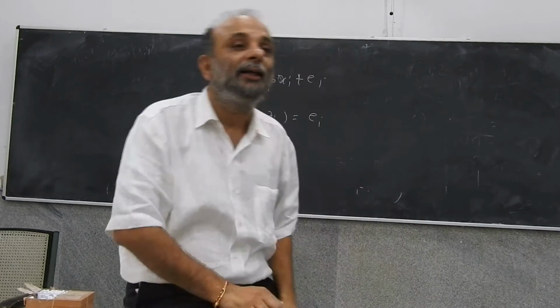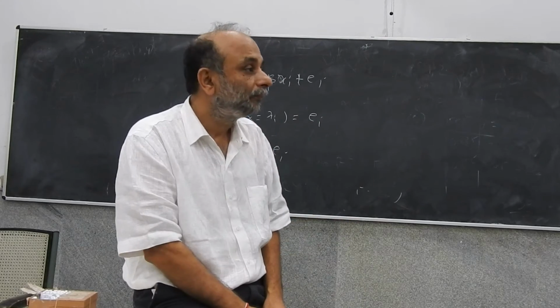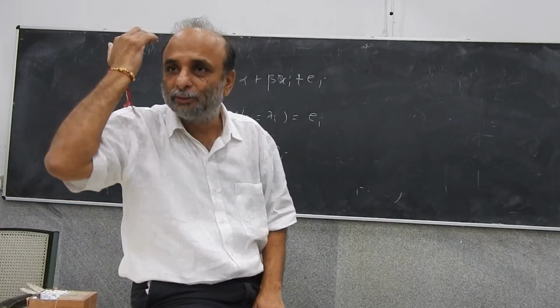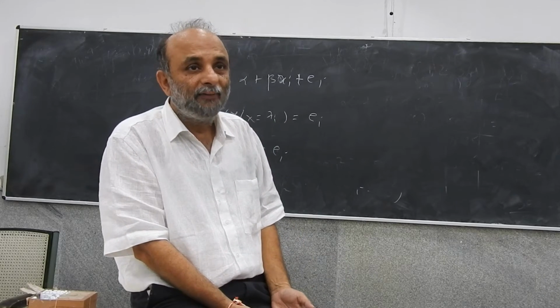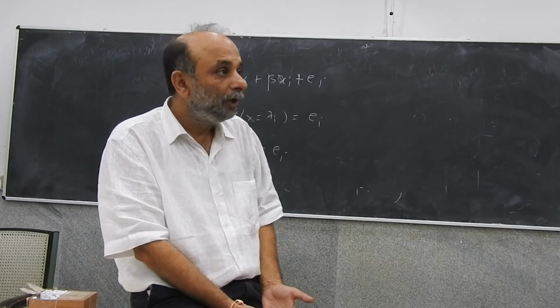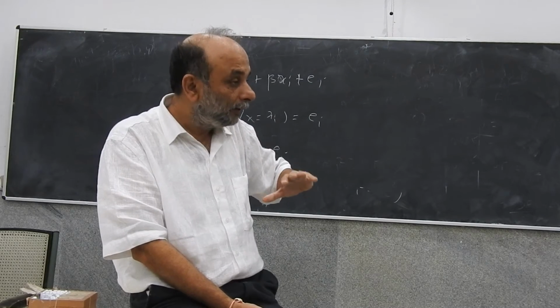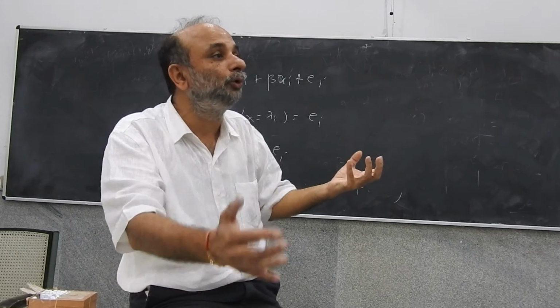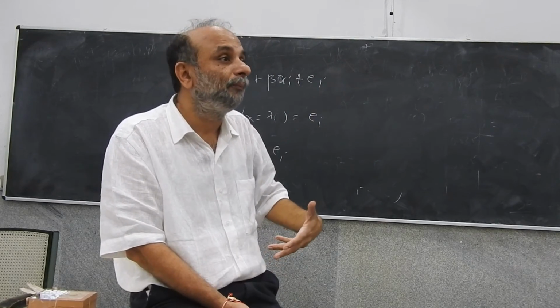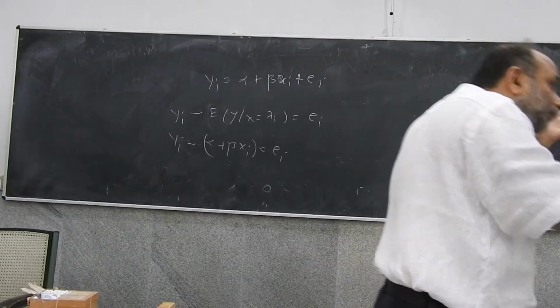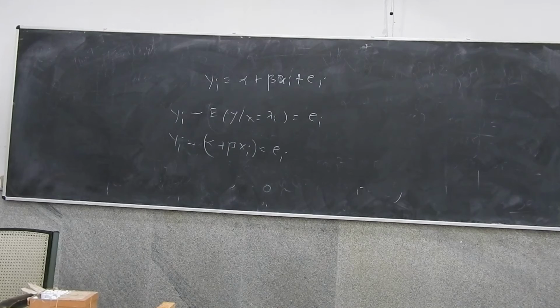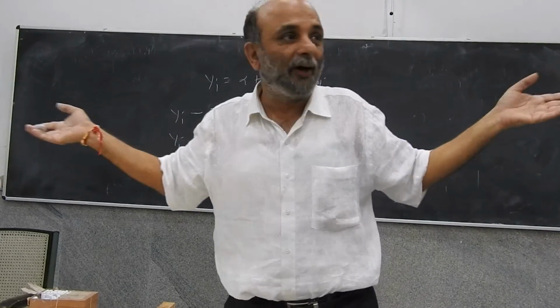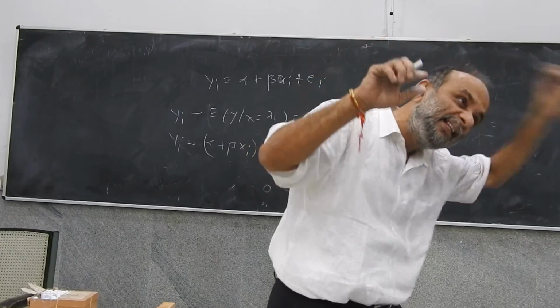The conditional mean of y given x equal to xi is a fixed number. If x equal to 2, the conditional mean is 2.5. If x equal to 1, the conditional mean is 1.5. So you know those numbers perfectly. But if I ask you what is the actual value of y given x equal to 2, you can only say it's either 3 or 2. All that you can say is the conditional mean plus or minus some unknown random variable, which can only be described probabilistically. I can say that this random variable has mean 0 and variance 0.5, but I can't tell you what exact value of y I will receive.